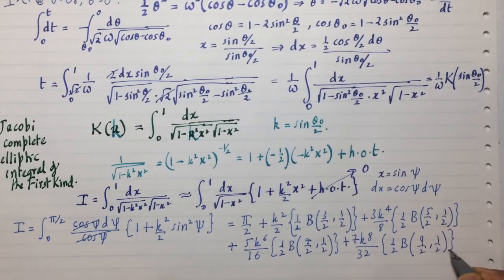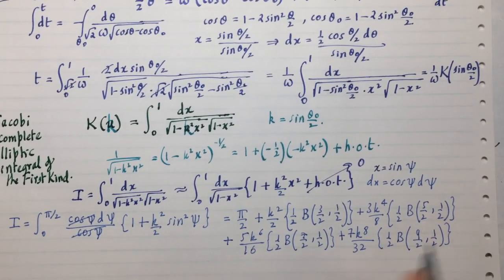The reason I'm showing you this is because it's very easy for you to take the higher order terms. Now, by the way, pi over 2 is what you expect, because pi over 2 omega is the quarter period, but 2 pi over omega is the full period. So pi over 2 omega is the quarter period. But all these correction terms you get are very predictable, and each time you get this beta of two things,